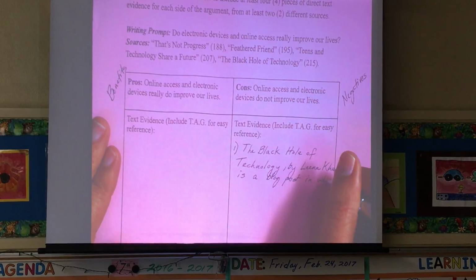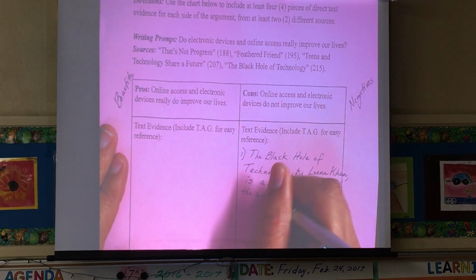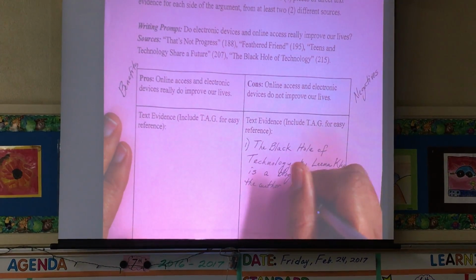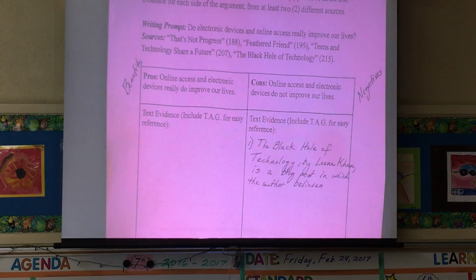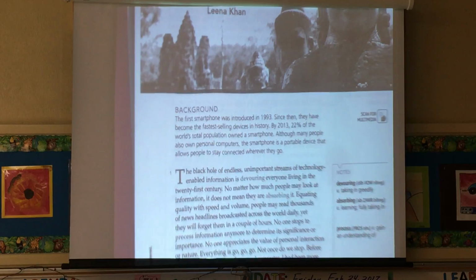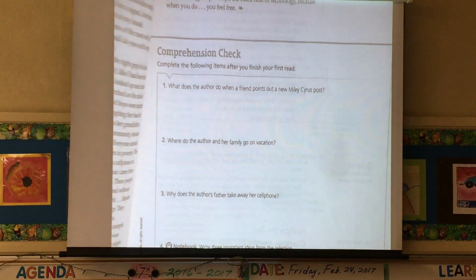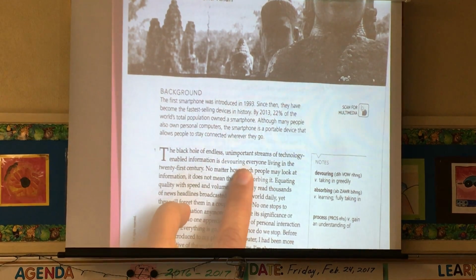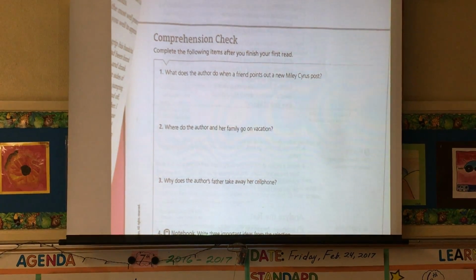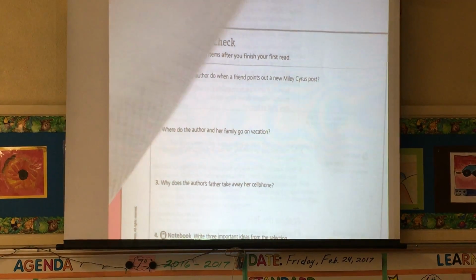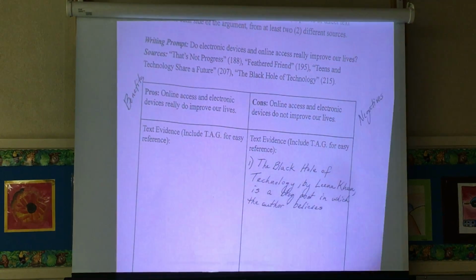Is a blog post in which the author believes, let me remember what the author believes. So I would go back to my evidence, and we had marked it up, but I'm using a clean one. I can usually look at the first line of the text or the last line. I will use the last line, believes that